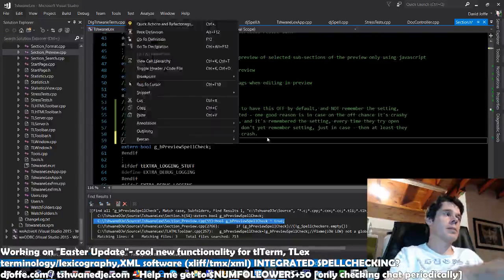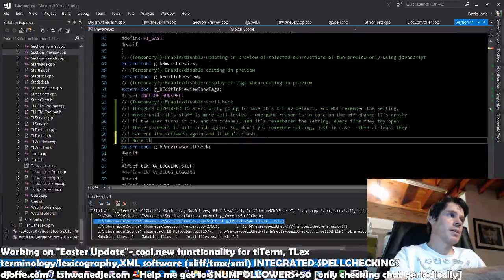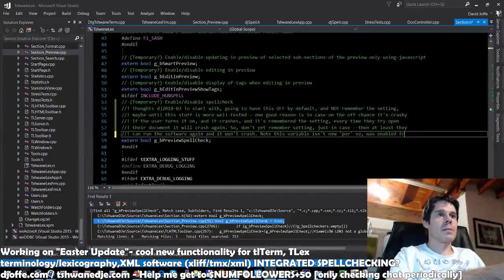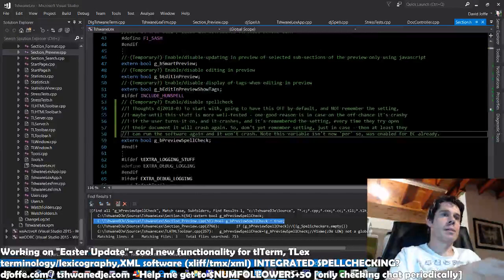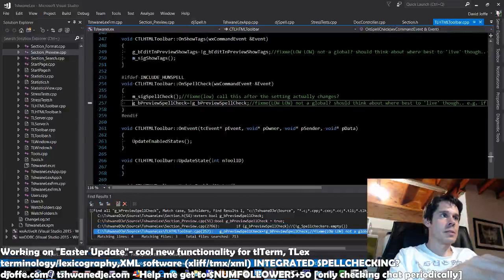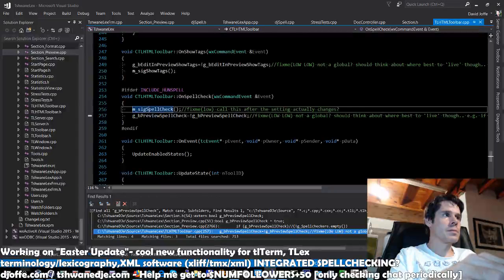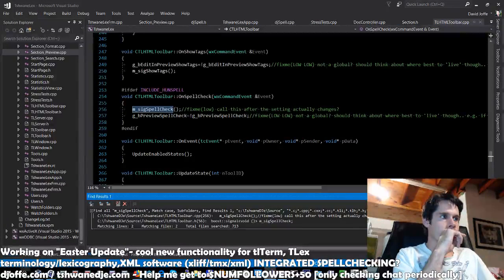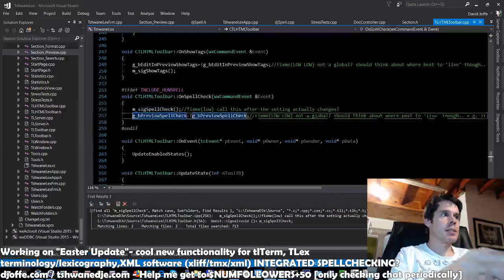Now this variable isn't new per se. There's an error for it. Okay. So if we spell check, fixing, no, call this after the setting actually changes. Yeah, and it should